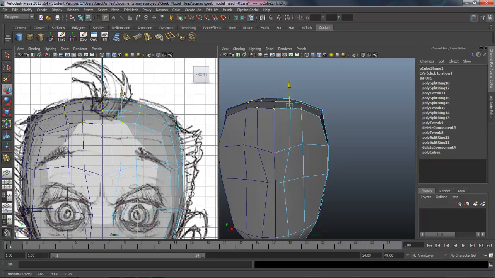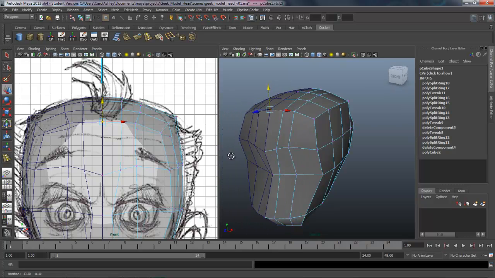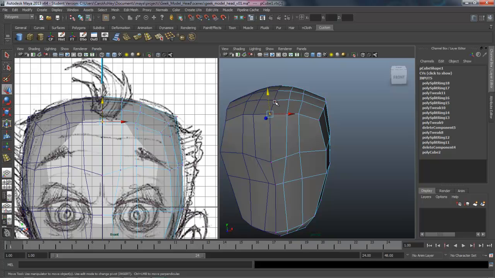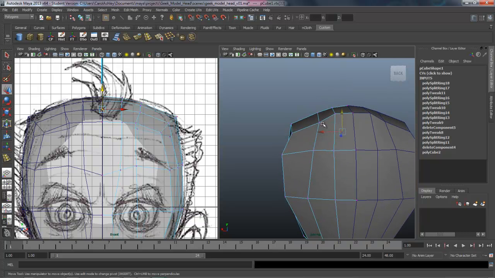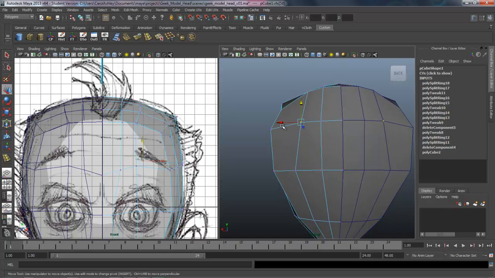So we're just going to pull them down a little bit. Okay. I think some of these points are coming down a little too far. Okay, and then we'll need to pull up these points here in the back again, and we're just shifting things over to make room for one more edge loop in here for the eye socket.